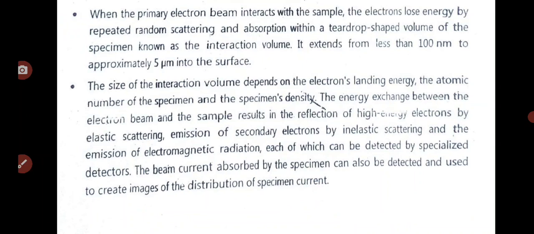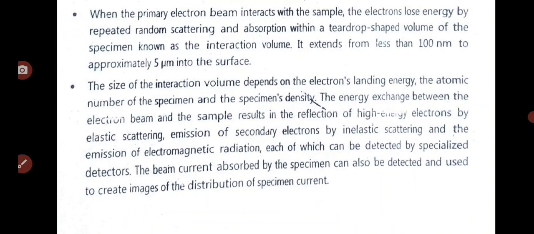So that means that when the electron beam is incident on the surface of the sample or specimen, it loses energy. The size of the interaction volume depends on the electron landing energy, the atomic number of the specimen, and the specimen density. The energy exchanged between the electron beam and the sample results in the reflection of high-energy electrons by elastic scattering,